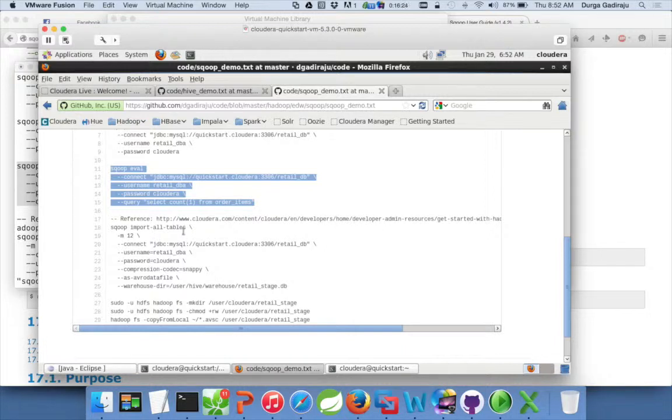But for baseline, you can get downtime on the source system, run import-all-tables and get all the data into Hadoop, and then you can capture delta at desired intervals. Okay, so import-all-tables. -m is nothing but --num-mappers.